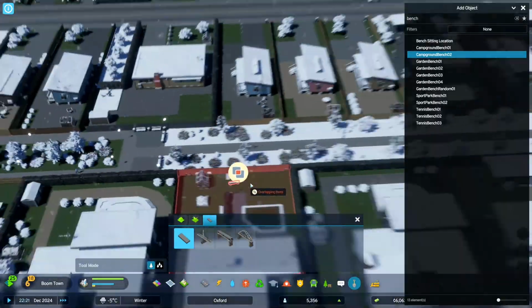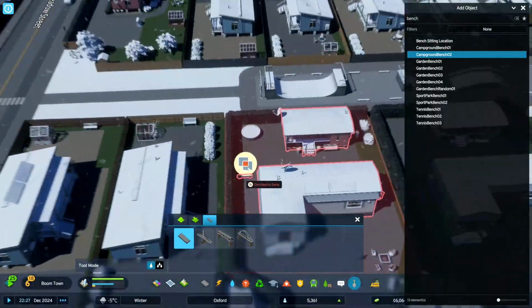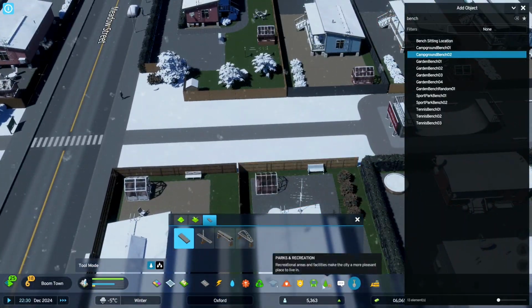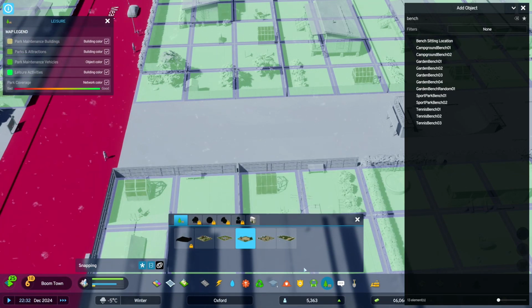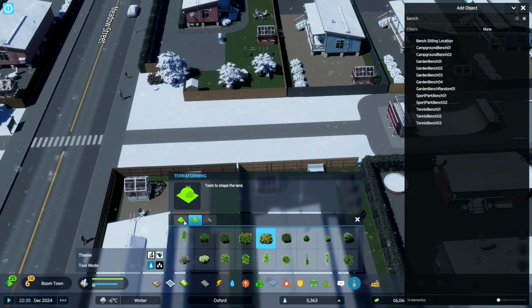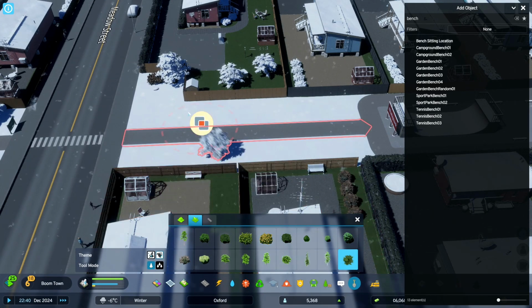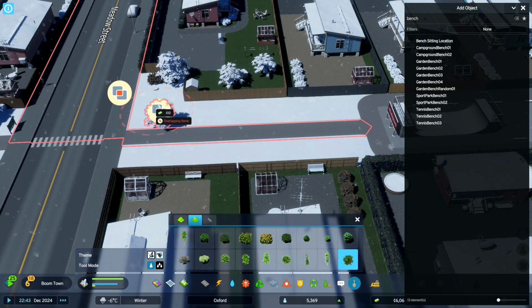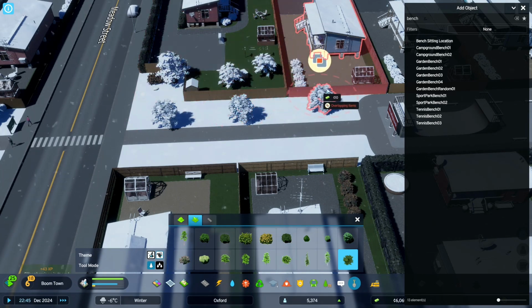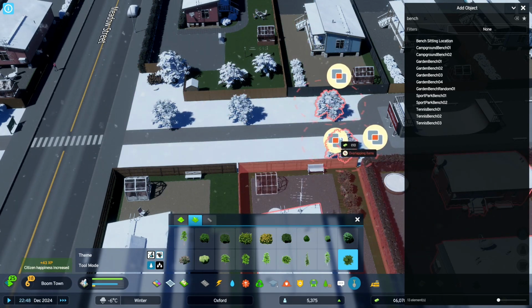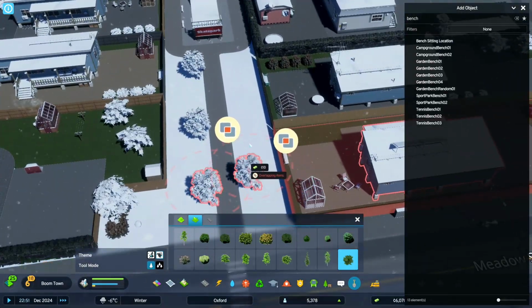We can put things together pretty quickly when it comes to kind of the skate parks. Probably just need to do a bit of adding trees and bushes at the front. That's a very tight area where we can fit these large trees in here.